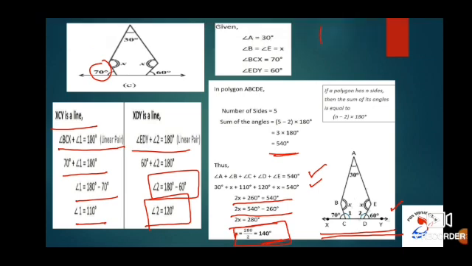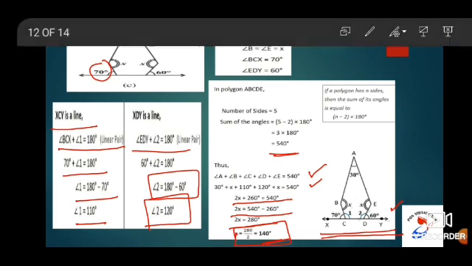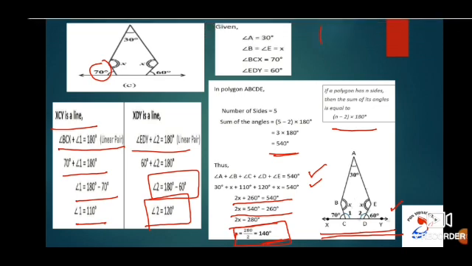So be very clear. If the number of sides is 5, then you can find out the sum of the angles using the relation n minus 2 into 180. This is one of the new formulas we have learned today. And the other formula is also to find out the number of diagonals. And the angle sum property of a quadrilateral is 360 degrees. The angle sum property of a pentagon is 540 degrees. The angle sum property of a triangle is 180 degrees.